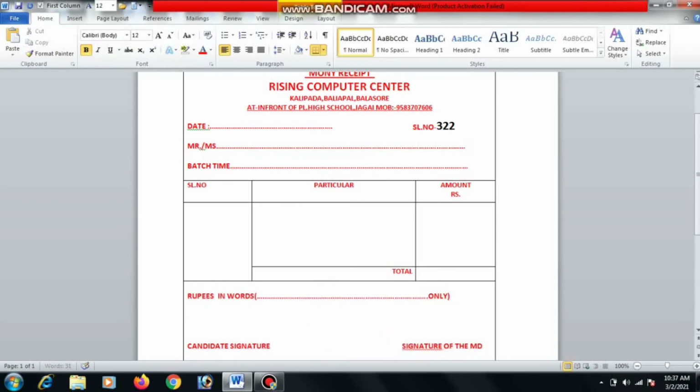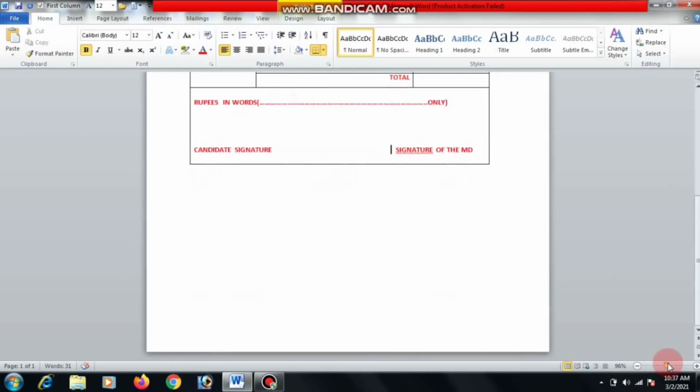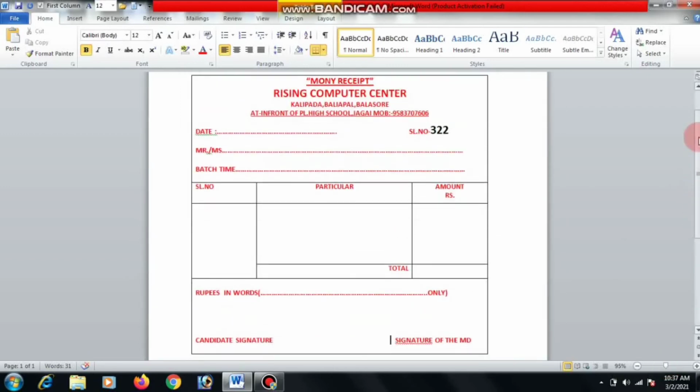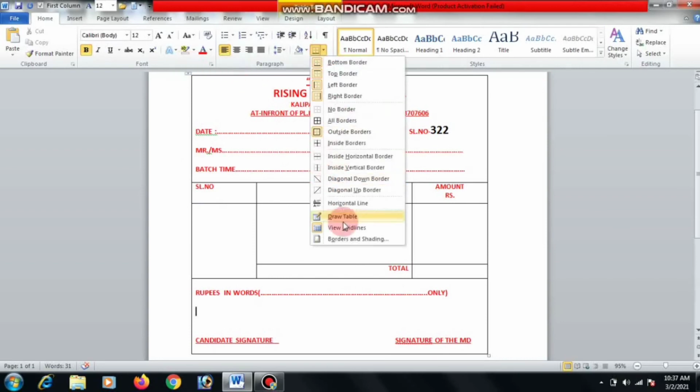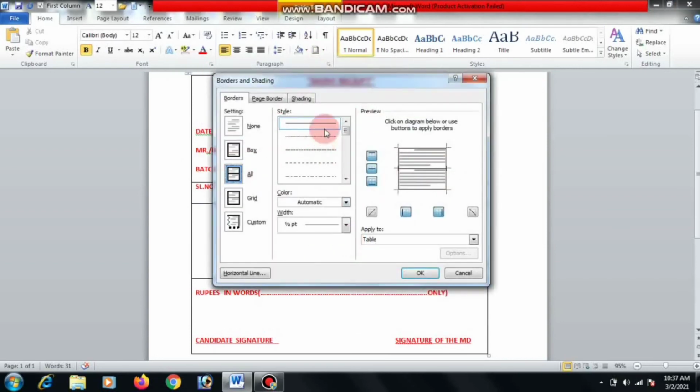Now we go to the border option and give the border shading and border color. Go to the home menu. First we use this underline and go to the border option, click on border and shading option, then setting the border style and border width and give a color.